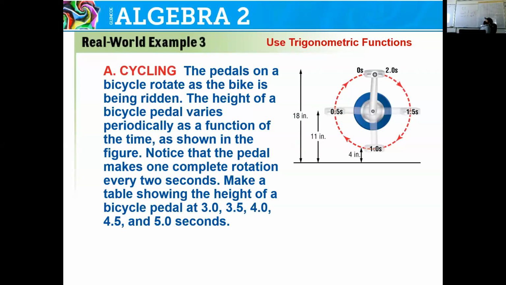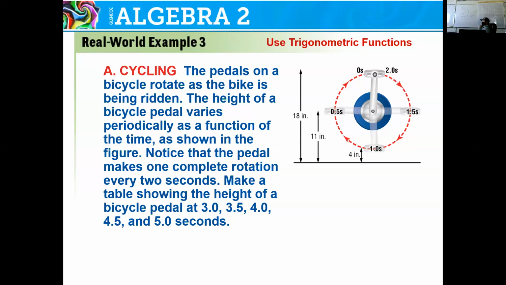This one, it says the pedals on a bicycle rotate as the bike is being ridden. The height of a bicycle pedal varies periodically as shown in the function in the figure. Notice that the pedal makes 1 complete rotation every 2 seconds. Make a table showing the height of a bicycle pedal at 3 seconds, 3.5 seconds, 4 seconds, 4.5 seconds, and